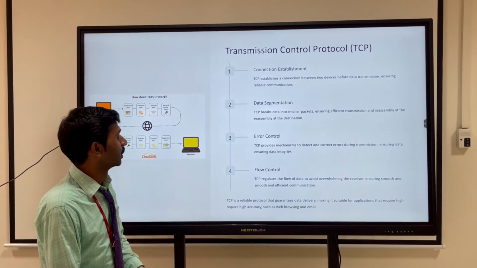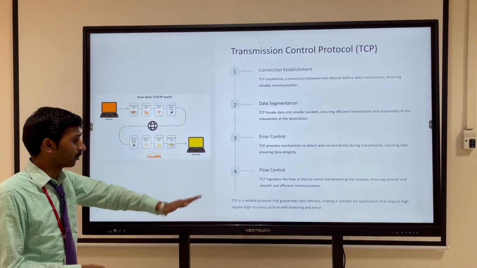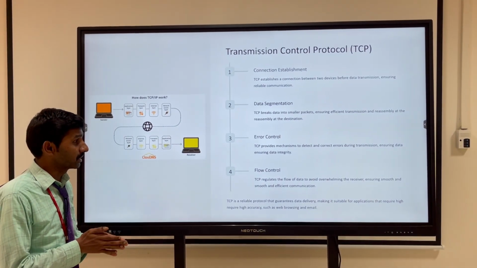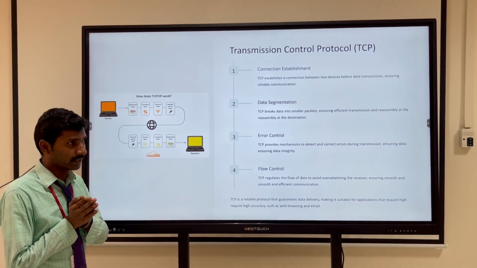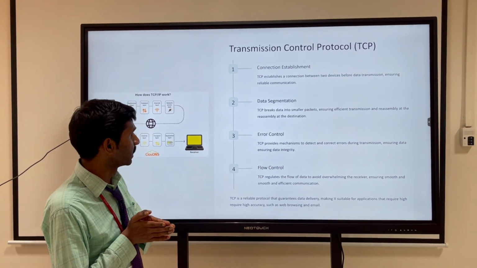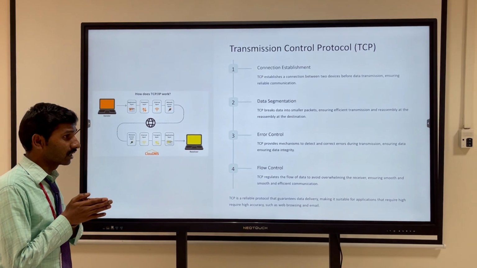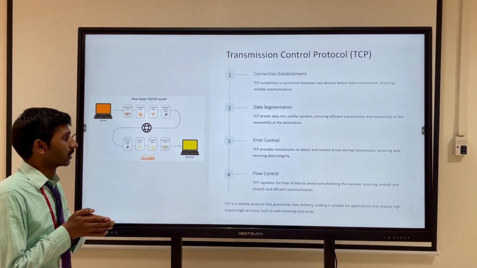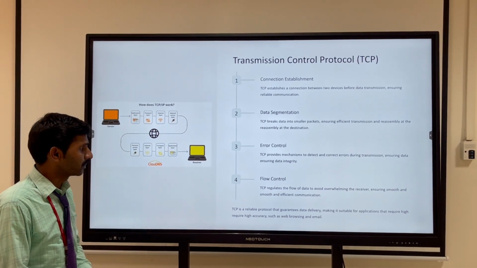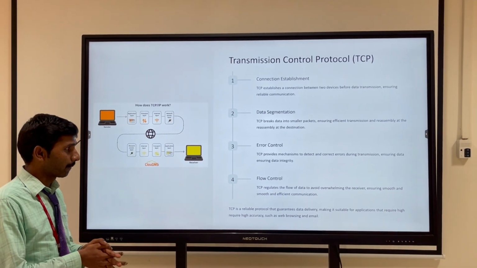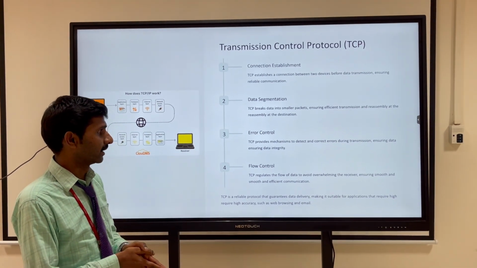So, how does TCP work? We are going to discuss four methods. First, connection establishment. TCP enables a connection between two devices before transmission, ensuring reliable communication. Second, data segmentation. TCP breaks data into smaller packets, ensuring efficient transmission and reassembly at the